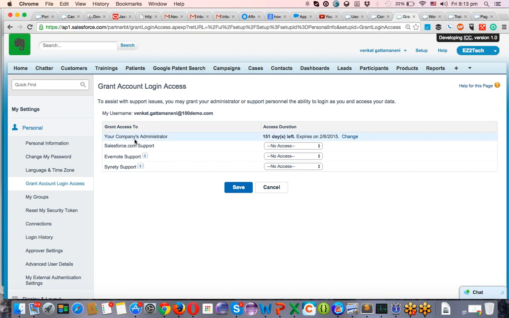Because if you are working for AT&T, if you are an employee, you have some issue with your edition, you are unable to see some data, you raise a case internally. So the system administrator of AT&T asks you to give permissions to log in, grant access permissions. First of all, you give the permission for internal administrator, your company administrator. If he's unable to fix, this guy only will share the login access permissions to Salesforce support.